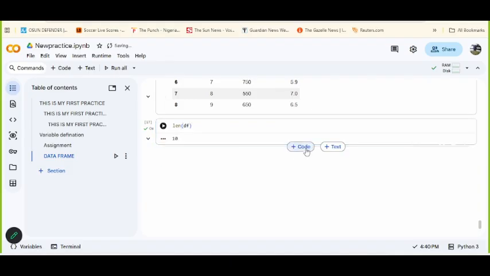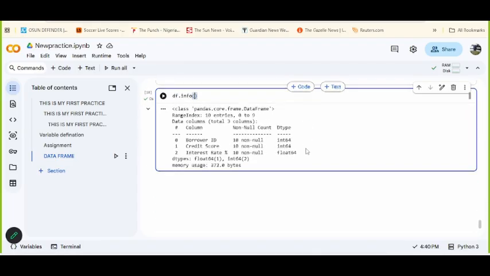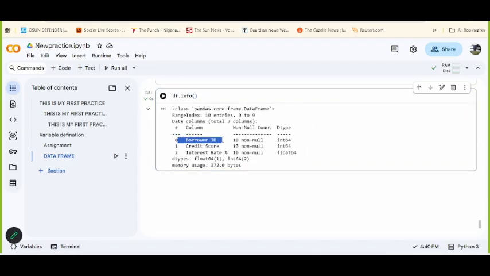Okay. So if I do data frame dot info, it tells you what your data is all about. Look, you have the column called borrower's ID, and it contains 10 items. There is no null. That means no number is missing. That is the meaning of non null. No item is missing, and the data type is